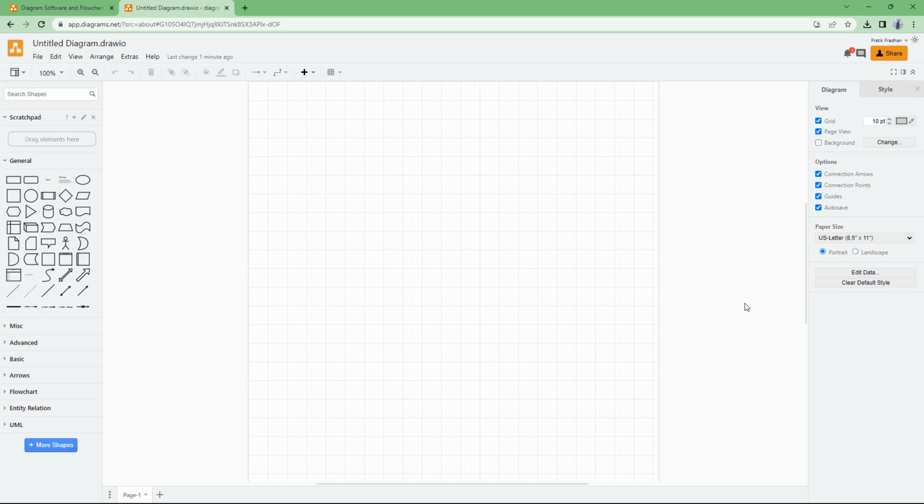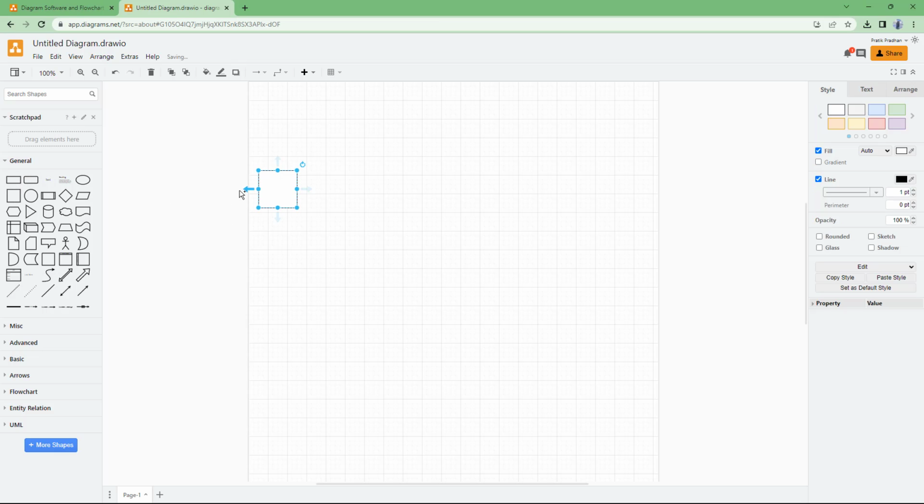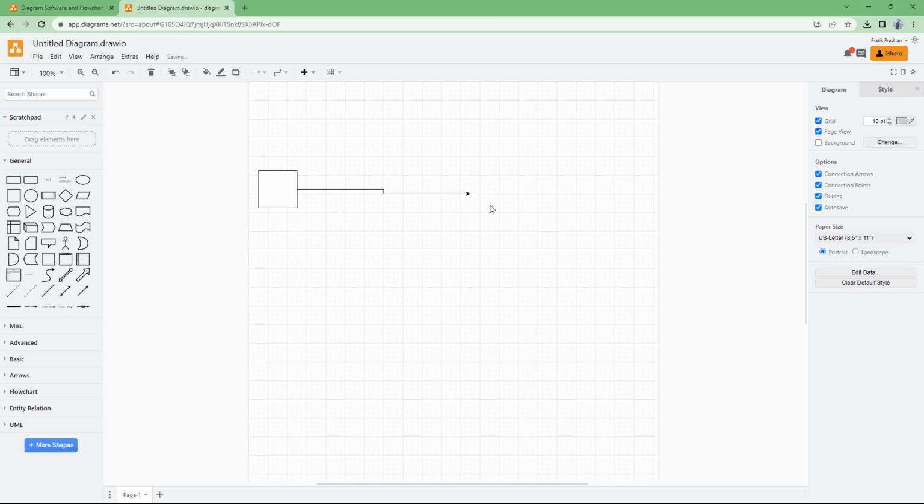So in this tutorial series, we're going to see the various options provided by the application for you to work with different shapes and options so that you can create diagrams as per how you want. So I hope you guys learned